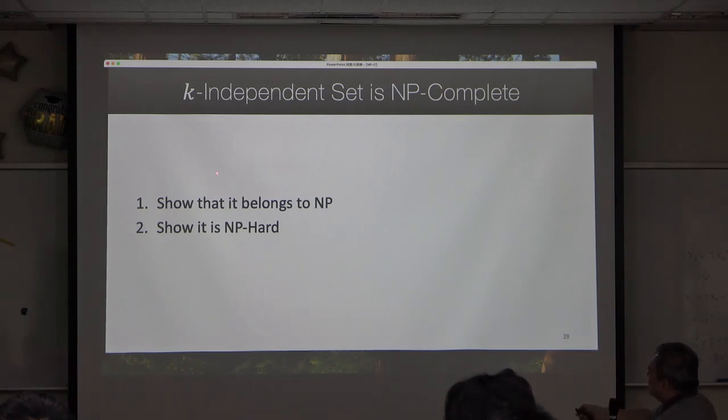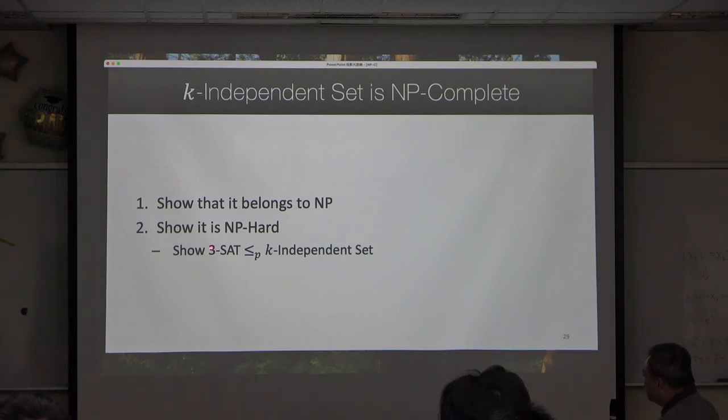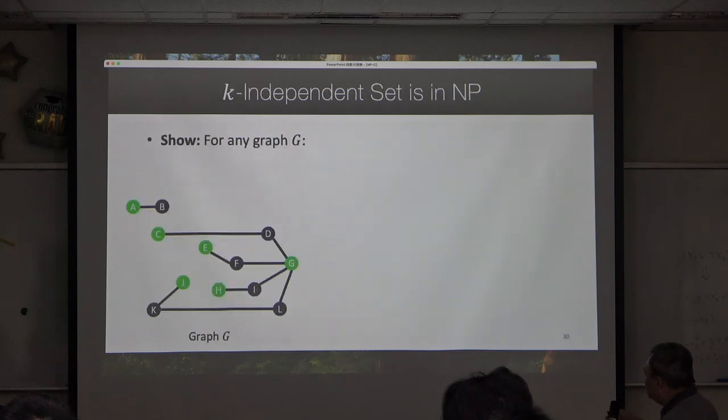Okay, so we need to show that first. We need to show K independent set is NP, and then we need to show it is NP hard. Okay, and what is K independent set? Here again we use the 3SAT for this purpose. Okay. So what is an independent set? Okay, for any graph G, an independent set is